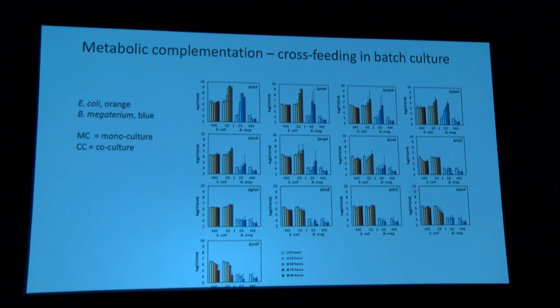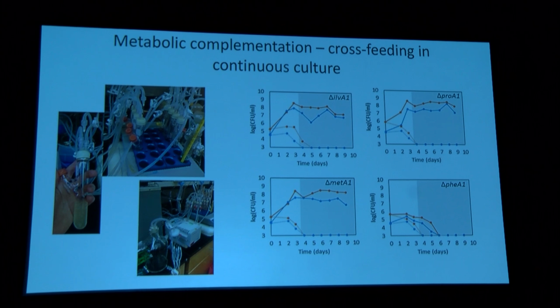And so this is really nice looking at batch culture, so looking at small flask growth. But what about continuous culture? What I'm showing you here is from our approximately 20 mil chemostats that my student Aaron built in our lab. We use a peristaltic pump and allow our cells to grow, and we can currently run about 20 of these, and we're expanding to be able to run about 40 of these mini chemostats in parallel, so we can start to ask questions about how the monocultures grow and how the co-cultures grow.